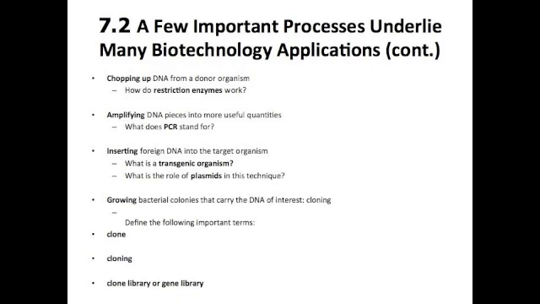So first, in chopping the DNA, researchers start by selecting a donor organism that has a desirable trait. Suppose they want to produce human growth hormone in large amounts. The first step would be to obtain a sample of human DNA and cut it into smaller pieces using restriction